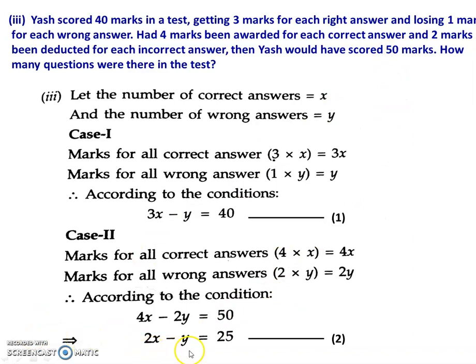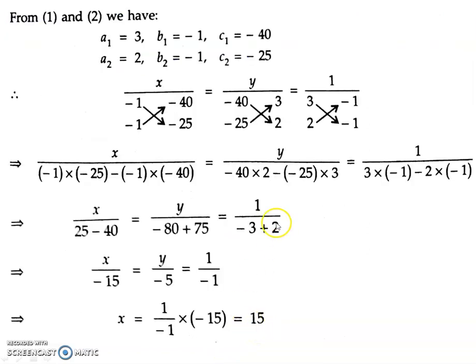So 2x minus y equal to 25 after simplifying the equation. This was the actual equation. After simplification it is 2x minus y equal to 25. So these are the two equations. You can solve it by substitution or elimination. That will be easier because, as you can see, for cross multiplication there will be many steps, and most importantly you should not be making any calculation errors because many plus and minus signs have to be taken care of here.